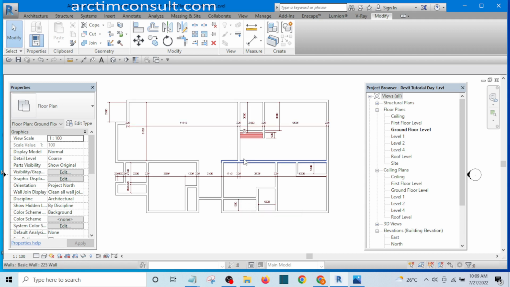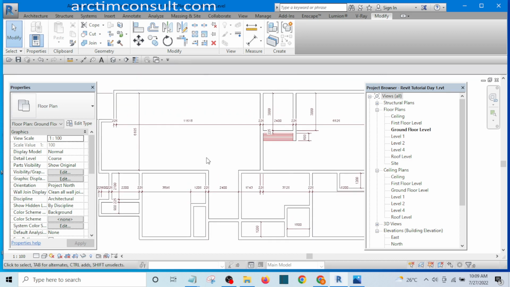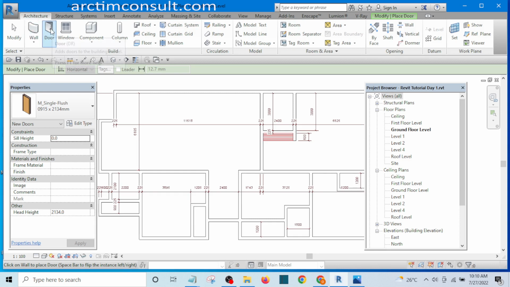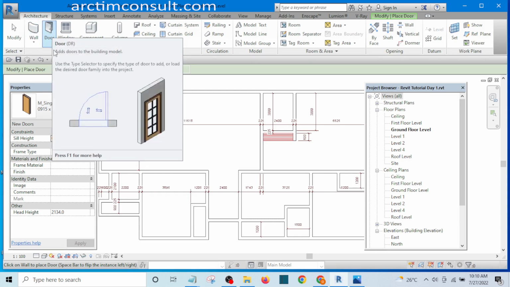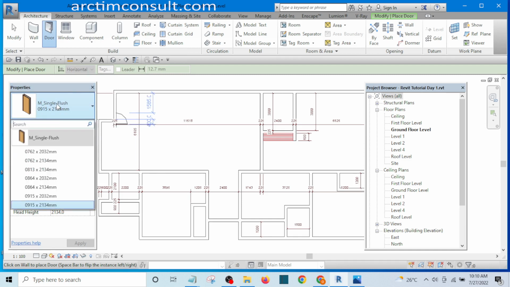The next thing we want to do is to place our doors, and the shortcut I normally use for door is DR. The moment I select DR, see door will be out. And another way you can do it is go to architecture, you see door, but that will be a long way. I prefer to use shortcut. And this door we have here,